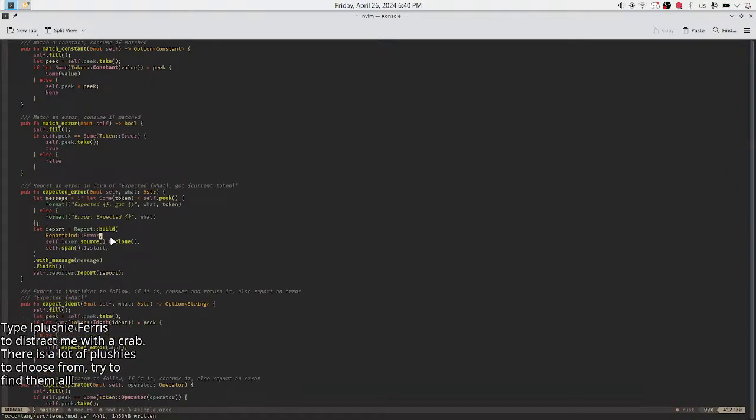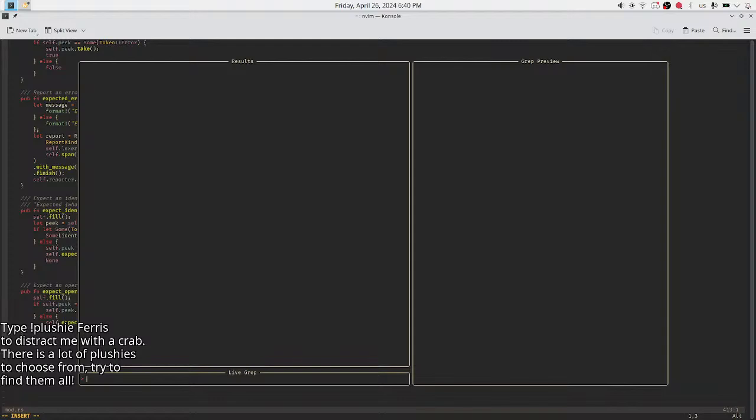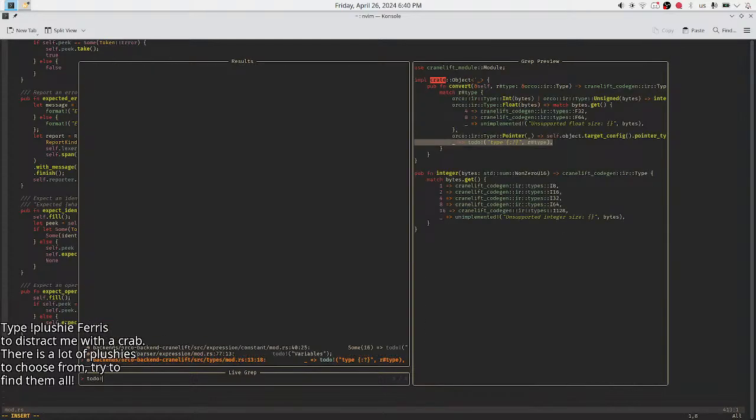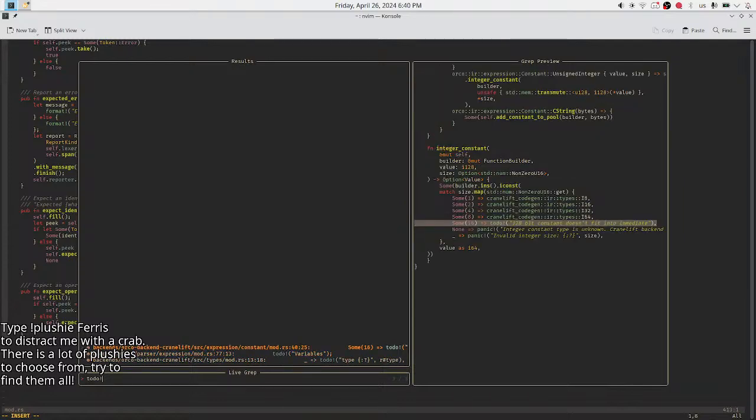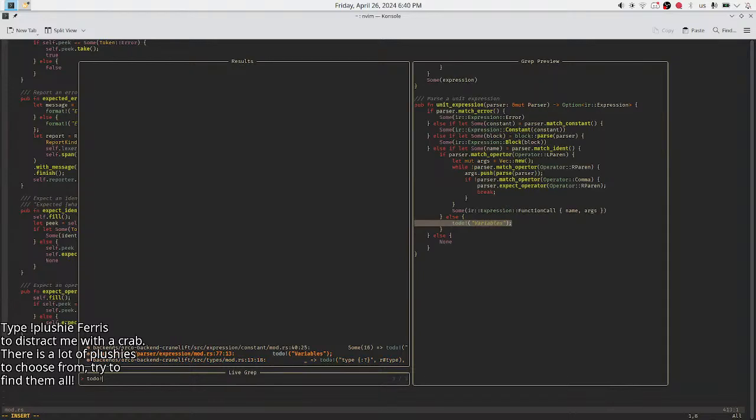So yeah, this should work. How do I test it though? Okay, let's first see, how do I grep? Yeah, live grab to do. So here's to do for types, to do for variables, to do for more. Come on, is it all backend and variables?